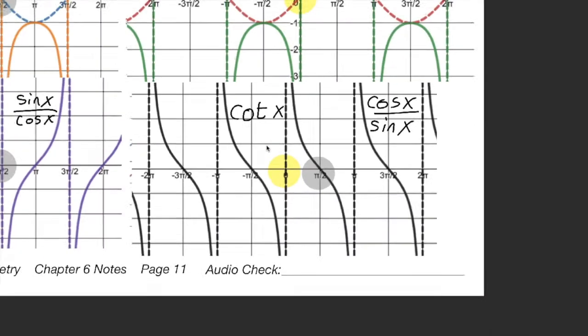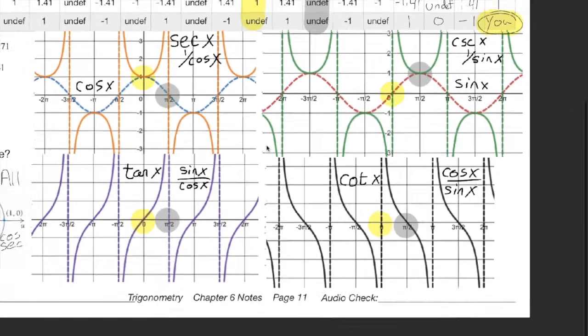Take a moment to make sure you've copied all of these down. And while you copy all these down, I'll just say that